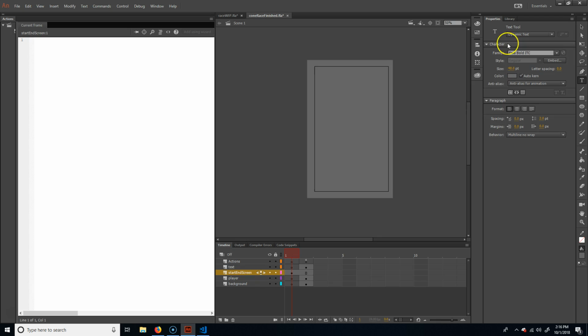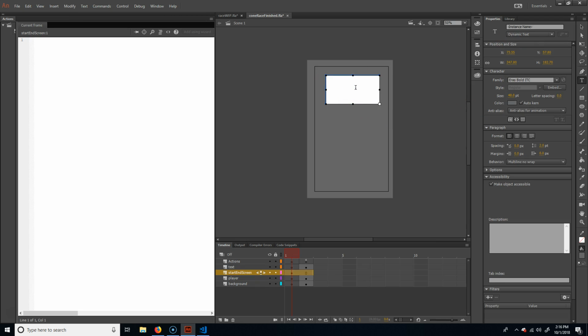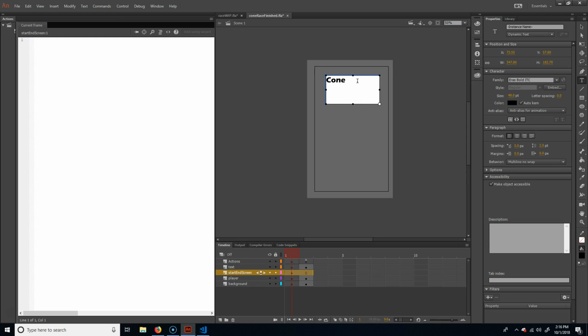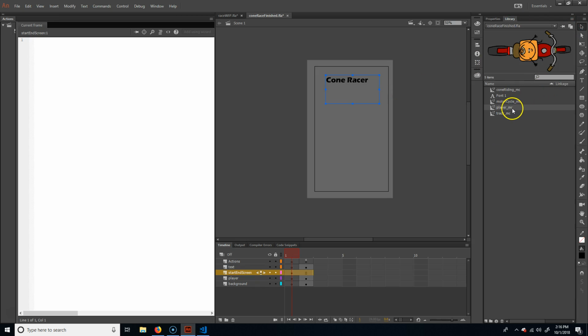And then I'm just going to go ahead and make a text here. And I'm just going to call it, what was I calling this one? Oh, cone. Make sure I just make it black. Cone Racer. That looks good. And then I'm just going to use, just so that there's some sort of